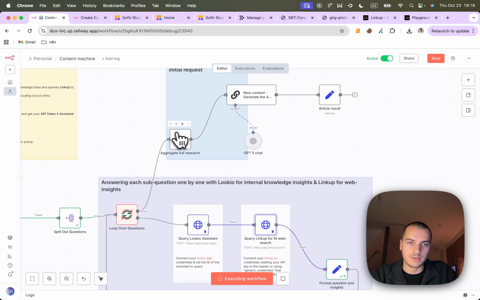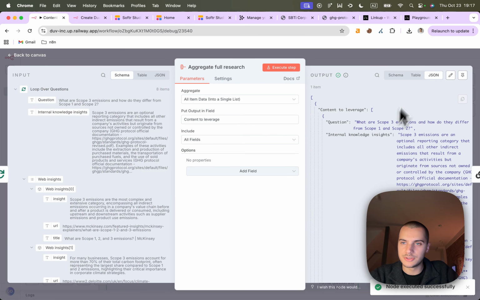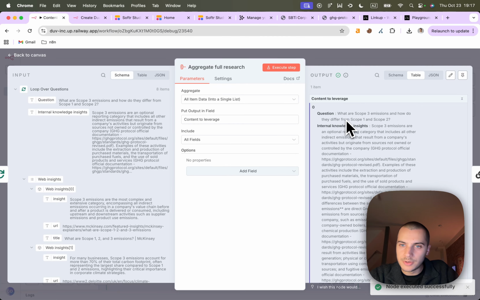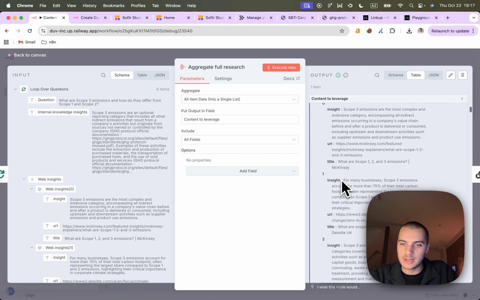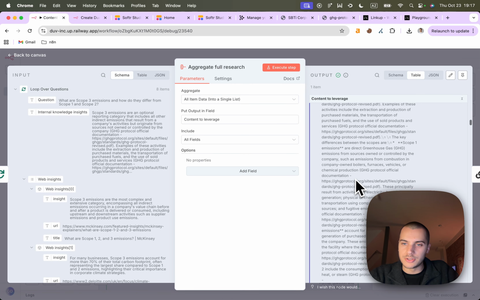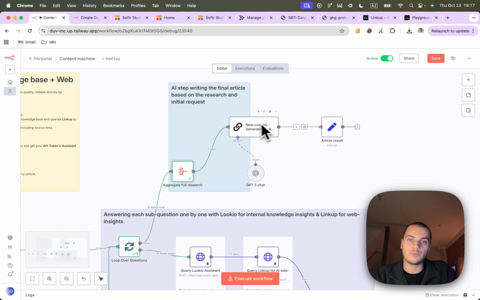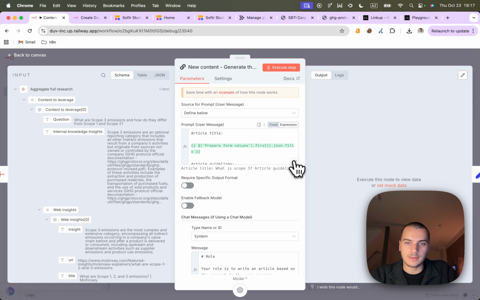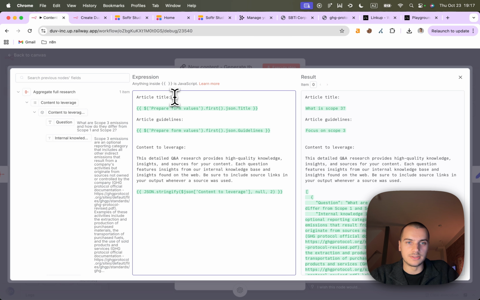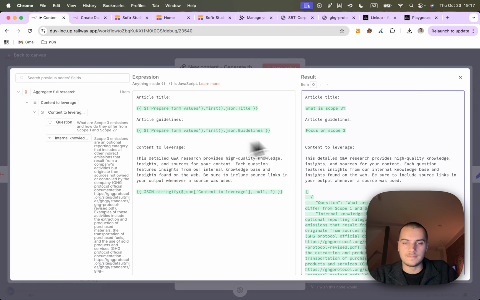So if I run this one, when we aggregate all the research, we really have a nice, so if I put it in the table, question, internal knowledge insights, web insights. And again, questions. So that's for the 8 questions. And that's what we're giving here to our AI step, where we give our article title, the guidelines, so the brief. Ideally this is more detailed, and the content to leverage,